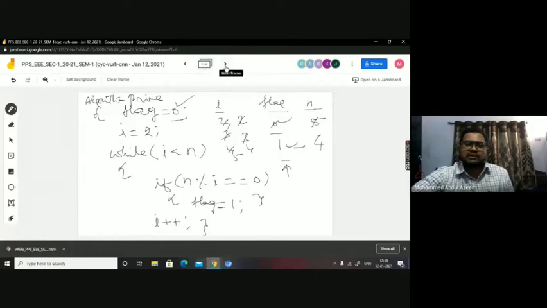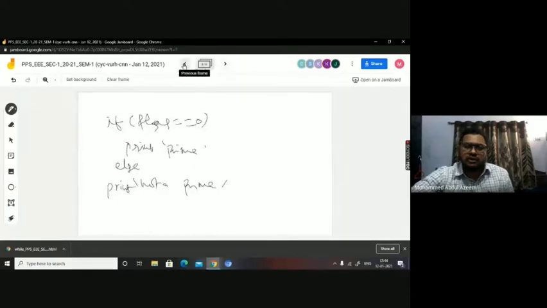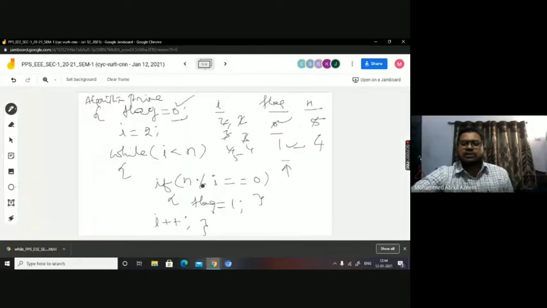If I have this if else inside the while, what happens is, for 4, when you take 2, it is divisible. So you say it is not a prime. But for 3, you say it is a prime number. So you will get contradictory messages, right? Prime and not prime. Got it?